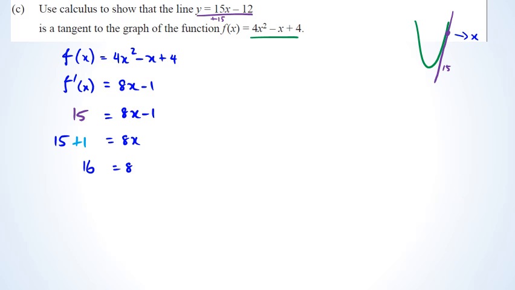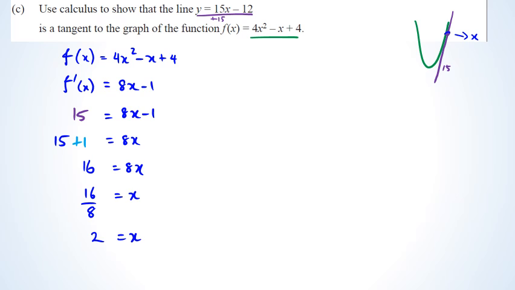And then 16 equals 8x. And then x is equal to 16 over 8. Therefore, x is equal to 2. So what I have right now is the x value. So if I want to prove that this purple line here is actually a tangent to the green parabola, then